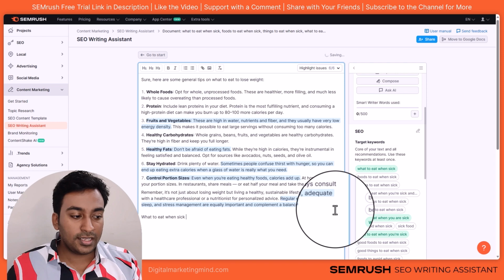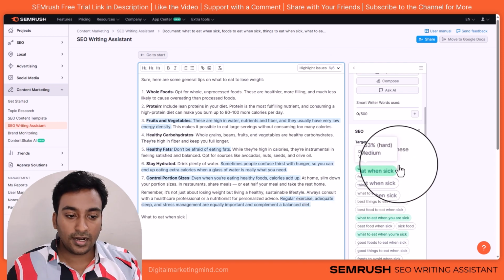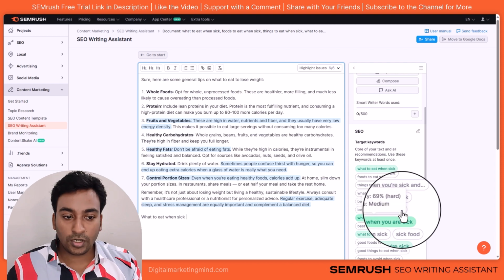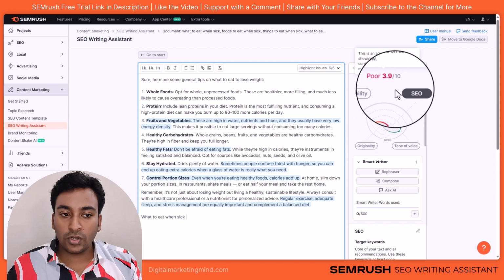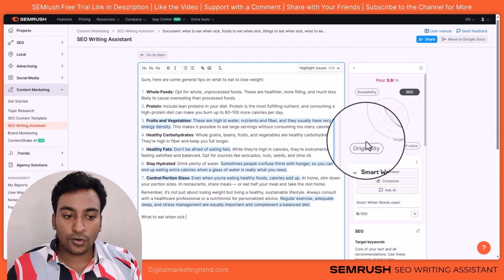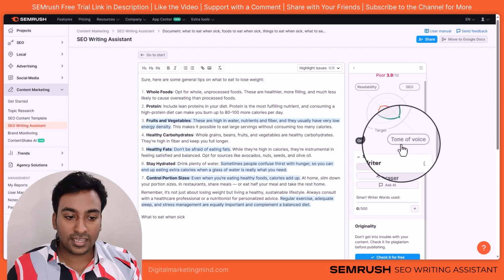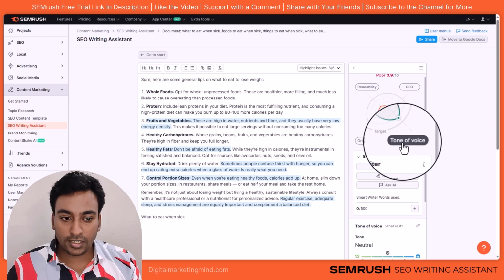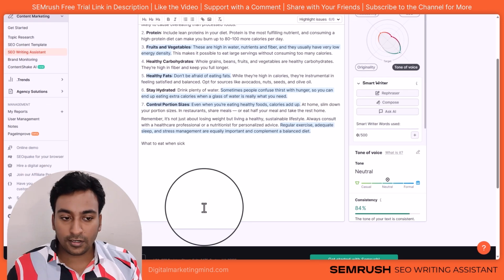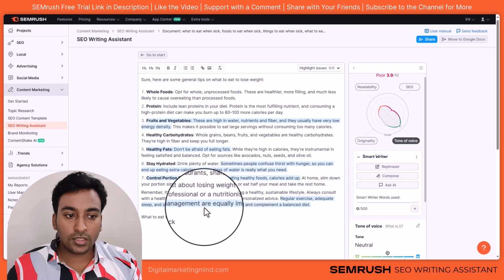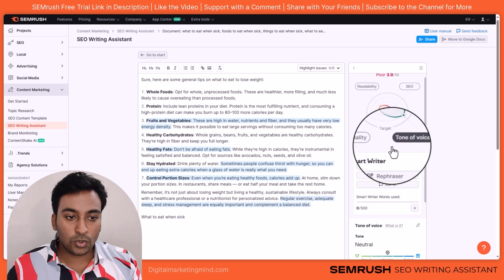As soon as I enter that particular keyword within my document, you can see all this went and turned a different color. That means I have started using that, and slowly my score is getting improved. So that is how you keep on doing all the different ones here and improve whatever factors are mentioned here. Fix that when you are creating the content. You don't need to fix every single one, but generally make sure that you get a good score and use that here. For example, this is tone of voice.